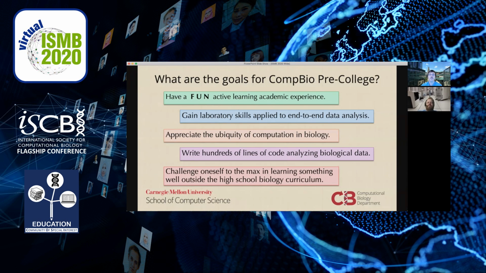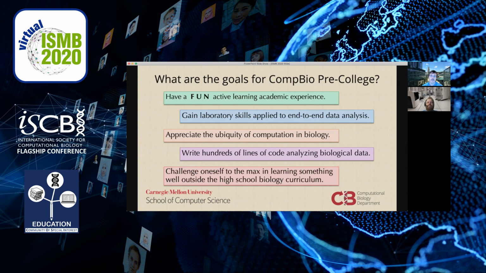So we have big picture goals for what we want to do with our students. First and foremost, which is why we've put it at the very top there, is we want our students to have an academic experience that is fun and that uses active learning, which I'll talk briefly about shortly. We want to have a very strong demand that students get to sample a real biological data set. They collect all their samples, and then they do an end-to-end analysis where they apply the techniques in the laboratory, and then they design programs that will solve computational problems and then apply that to the real